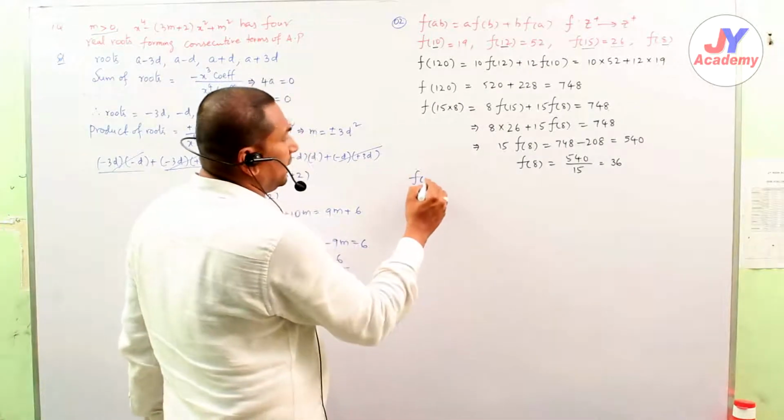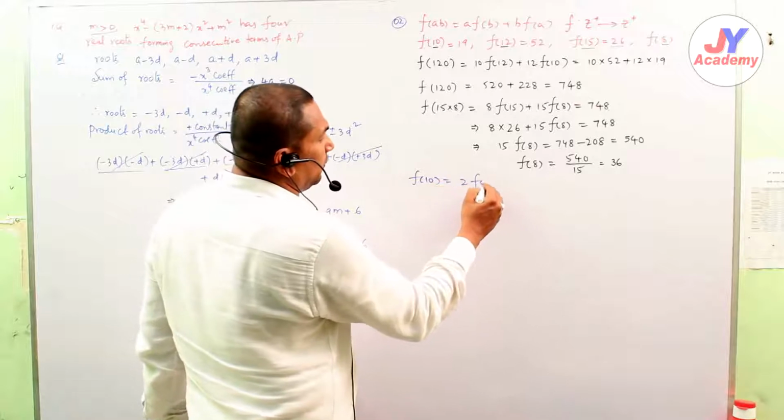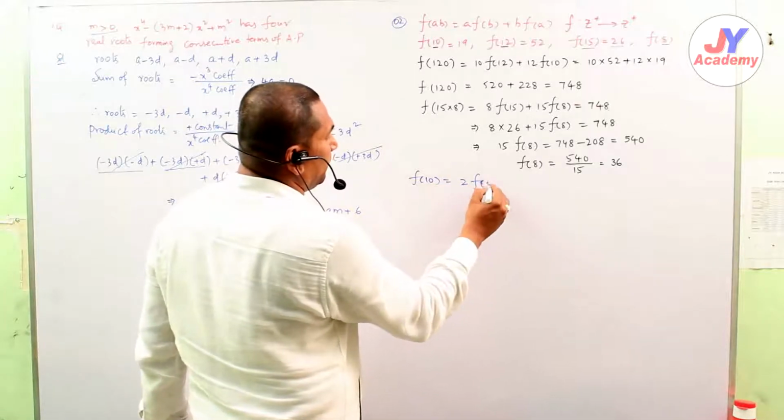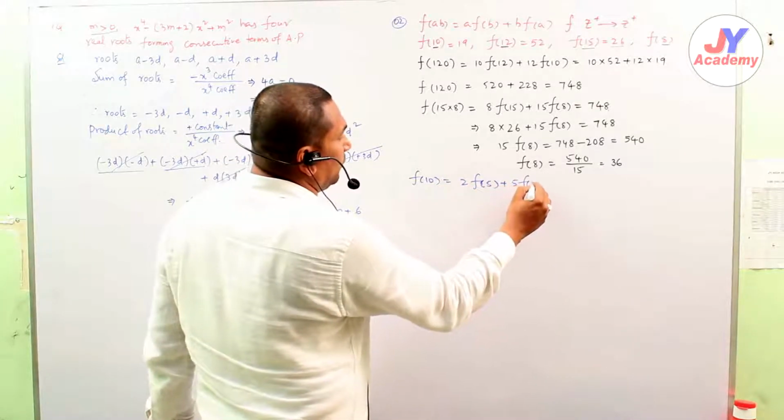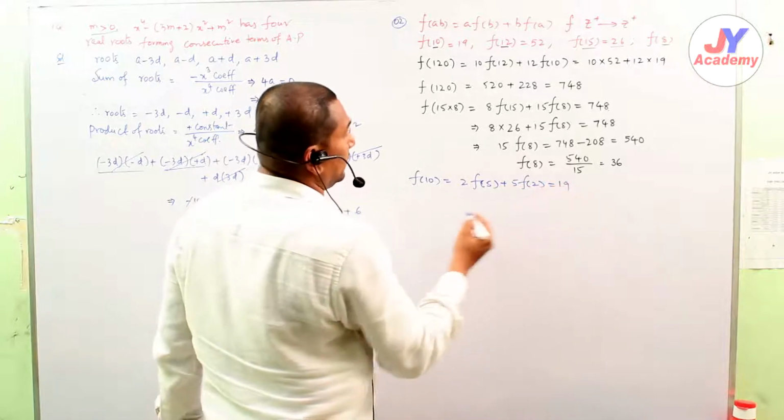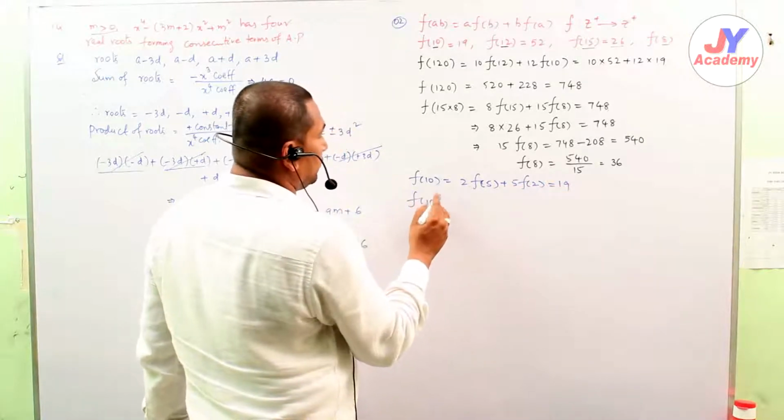In another way also we can do it. See, f of 10 can be written as 2f of 5 plus 5f of 2. That is equal to 19. F of 12